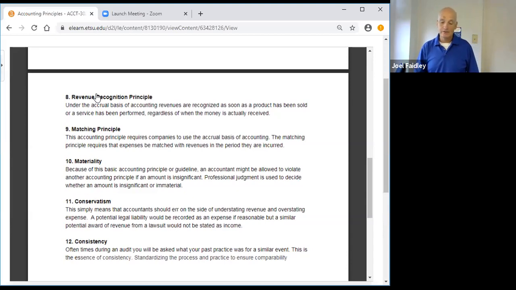Now, the first one there, number 8, is the revenue recognition principle. And coincidentally, number 8 is from chapter 8 that you had in 3010. You need to talk about the revenue recognition principle, how important that is, because everything hinges on revenue recognition. We recognize revenue when it is earned, right, the accrual basis of accounting, when those performance obligations are met, title passes and so forth, you recognize that revenue.